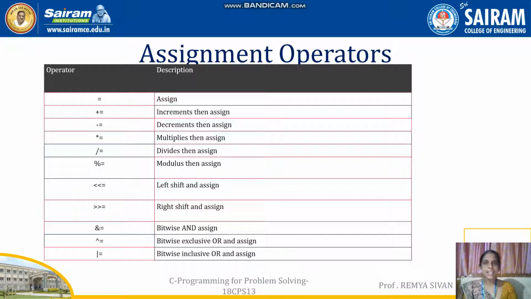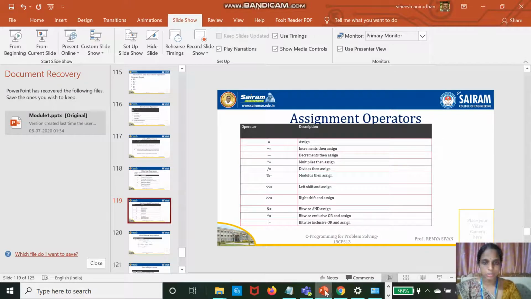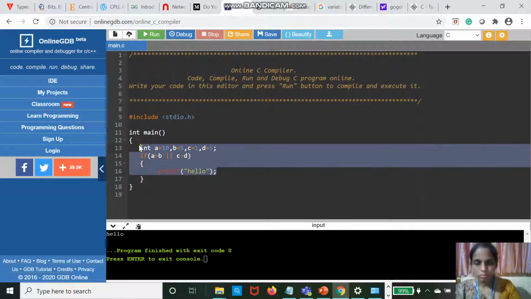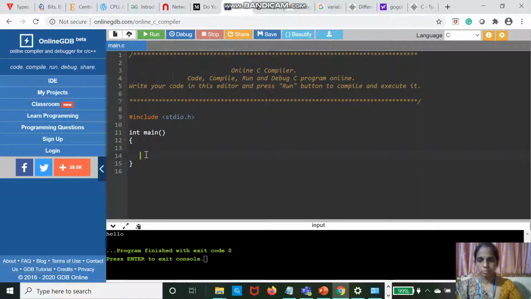And the next operators are assignment operators. Assign 10, num1 is equal to 10, so 10 is assigned to num1. Like plus equal to, I'll show plus equal to here. A is equal to 10.